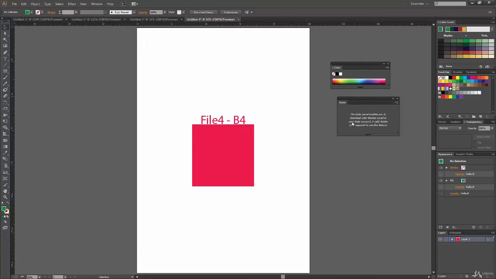Now if you want to close this panel, you have two buttons over here. One is for closing, and another one is this double arrow kind of thing, which can collapse and expand the panel. So you can say this is entirely a new panel bar, or I think it's a new panel window, I don't know the exact name.